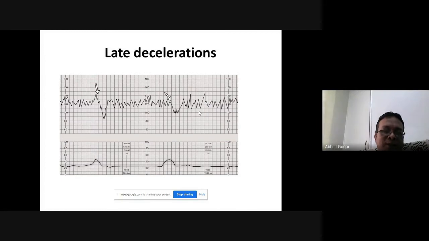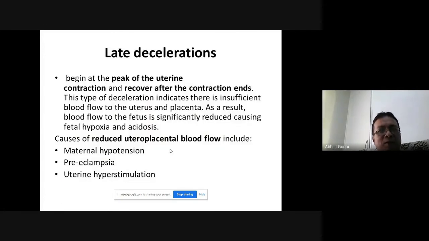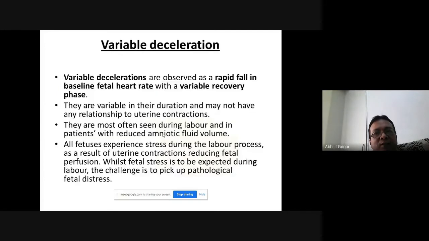So there is a deceleration. Now find the deceleration. The heart rate has gone down twice here, but these are not falling at the time of uterine contraction. As they are not falling at the time of uterine contraction, this is a case of late deceleration. Okay, so late deceleration, as we know, in one word, is uteroplacental insufficiency. When there is less blood in the placenta, the fetus goes into hypoxia. So when there is fetal hypoxia, preeclampsia, all these things, then it can cause late deceleration like this.